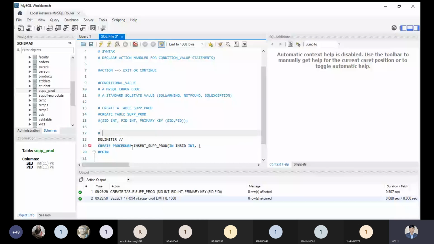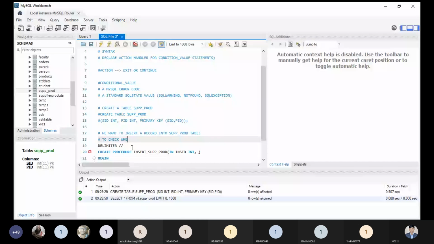We want to insert a record into the product table, and check whether the record exists or not.